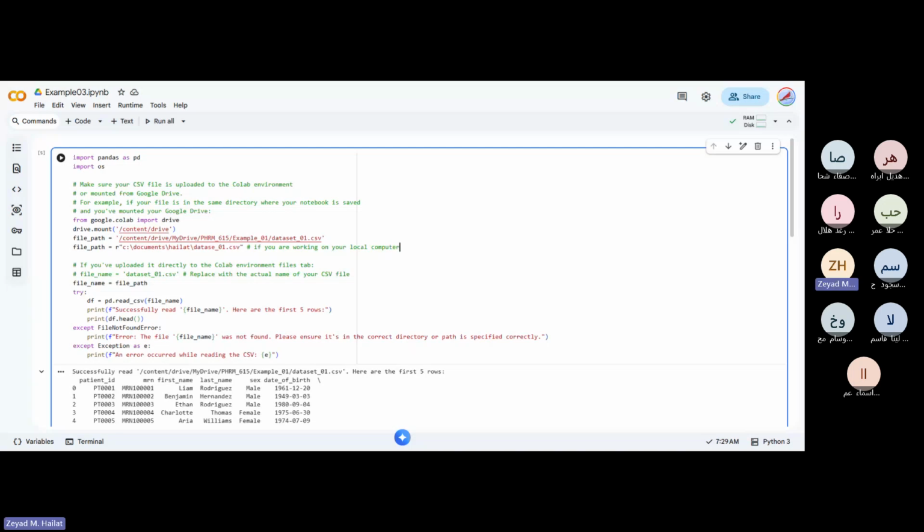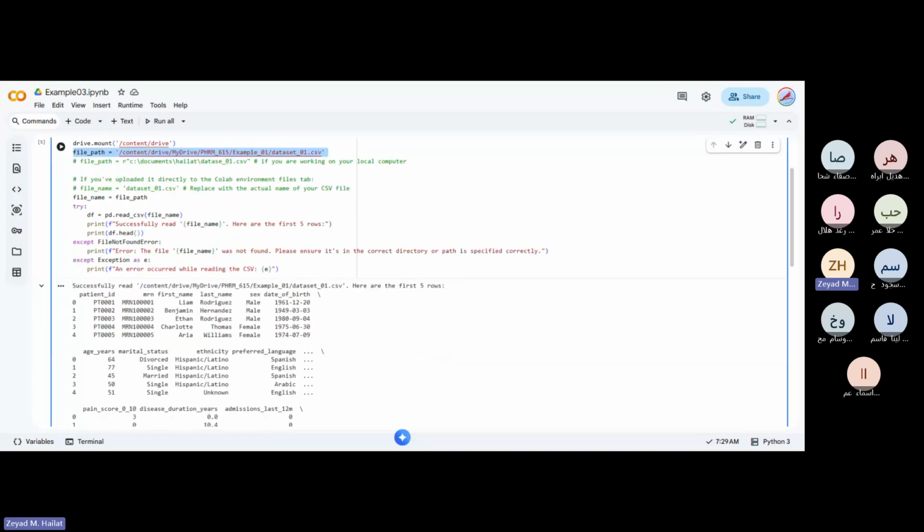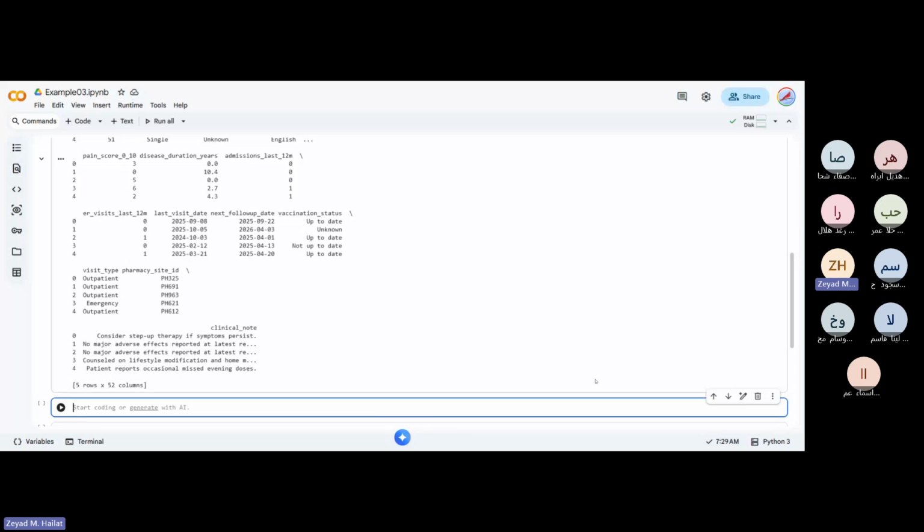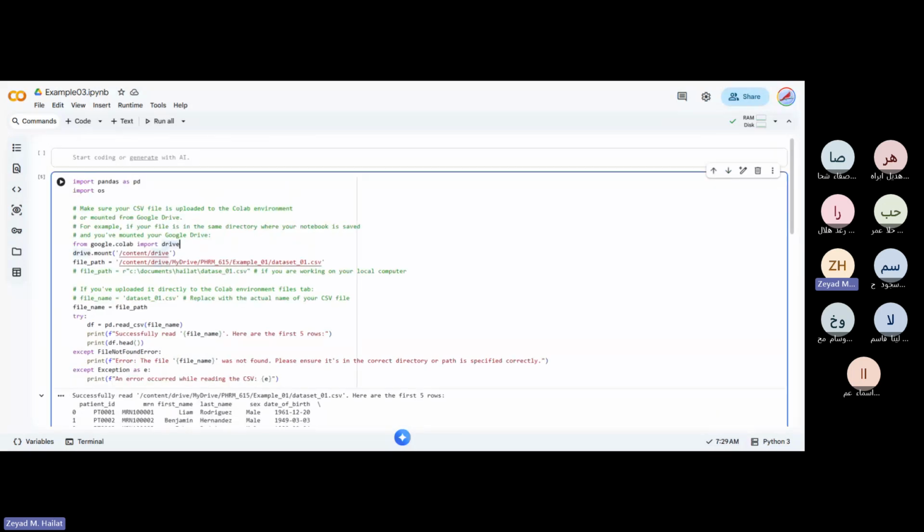But if I'm using it on the cloud, I'll just use it like this on Google Drive and Colab. Now, once I run this one, you need to run this line only one time. So let me just show you what will happen if I run it multiple times. I'll just push this to the top. I do have this mount,